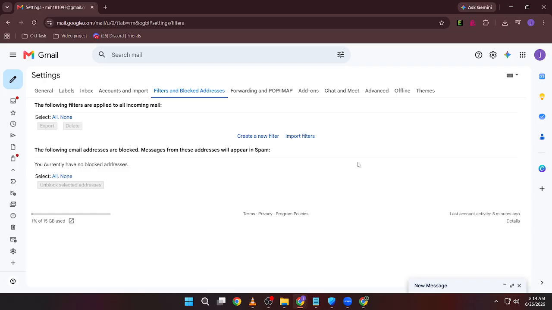in 2026. With just a few clicks, you can restore communication with any previously blocked sender and continue receiving their